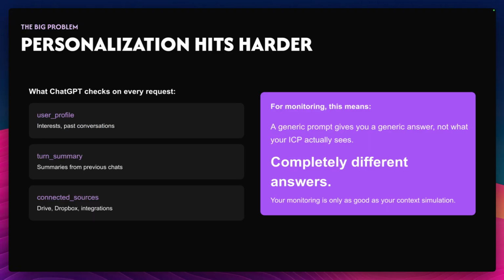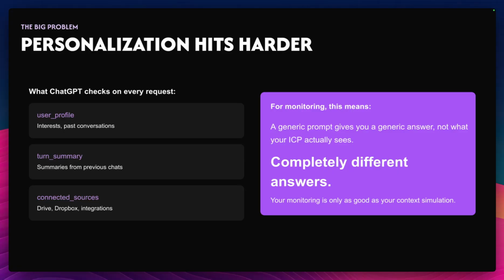And yeah, the biggest problem, as you've probably heard by now, is that personalization hits even harder. There's the user profile in tools like ChatGPT. There are summaries from previous chats that influence your new chat, and you can also have connected sources like Dropbox and MCPs, the ChatGPT apps.